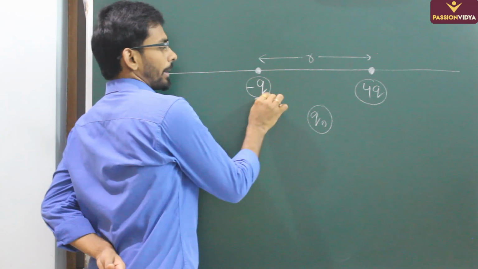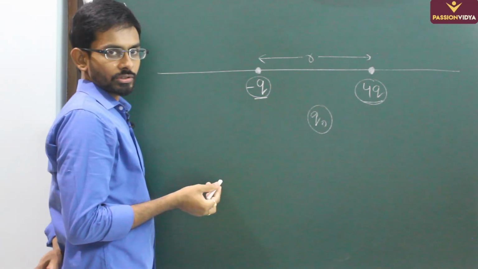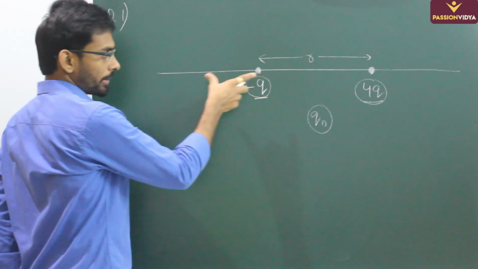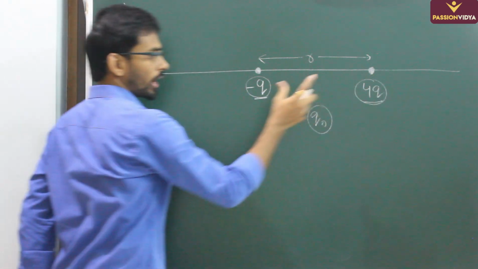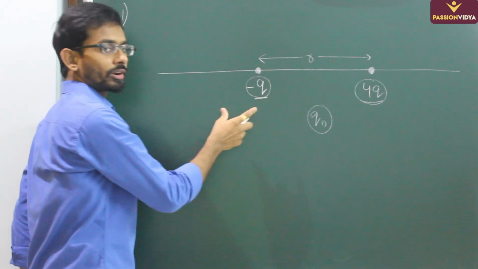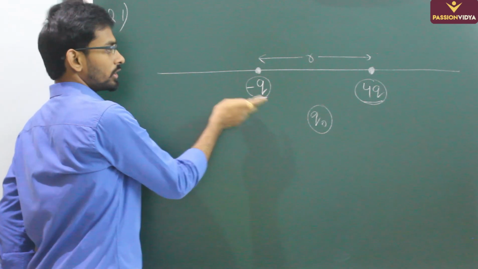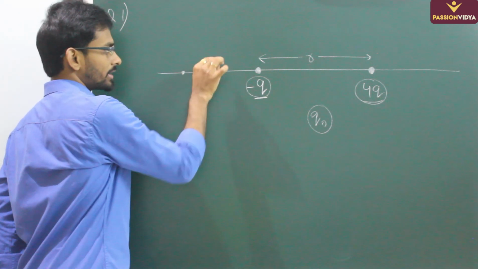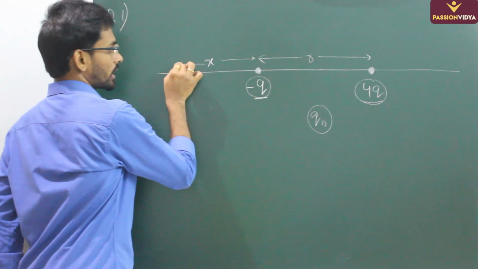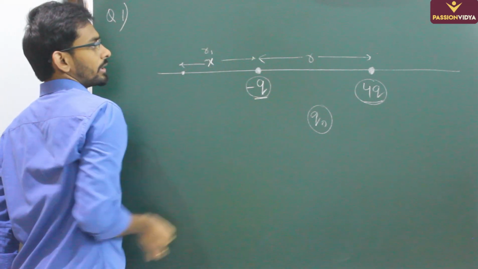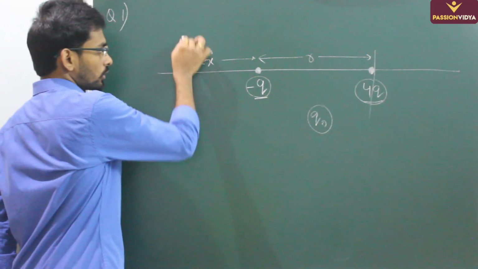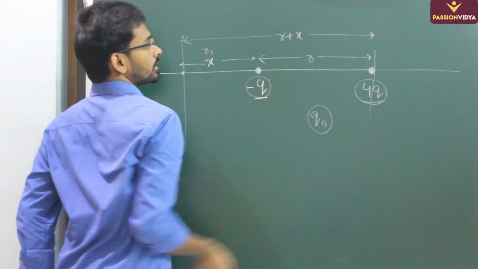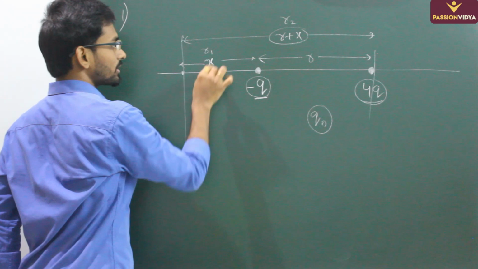See here, minus q and 4q are unlike charges. In case of unlike charges, we got the result that the equilibrium position can be either towards left or towards right. Now we have to compare the magnitude of both charges. It will be closer to the smaller charge. So this is the smaller charge, so definitely the equilibrium has to be towards left. Let us say the distance from the minus q charge, that is q1, is x. So this is r1. Next we want the distance from 4q, which is r plus x. So this is r2. So r2 is r plus x and r1 is x.